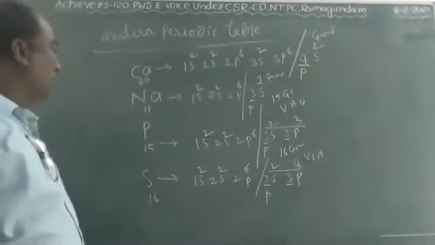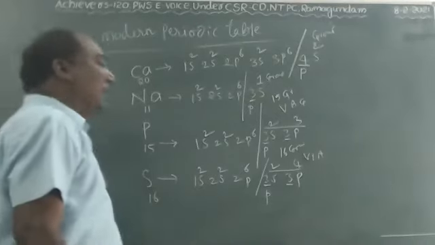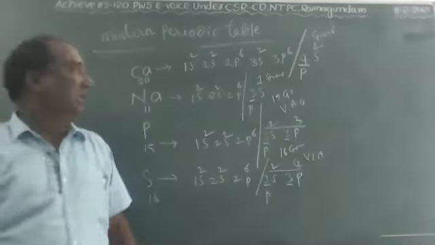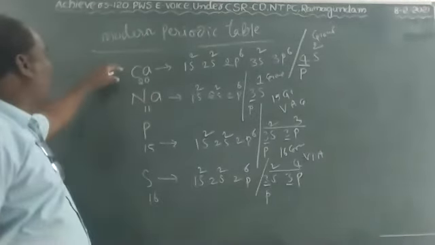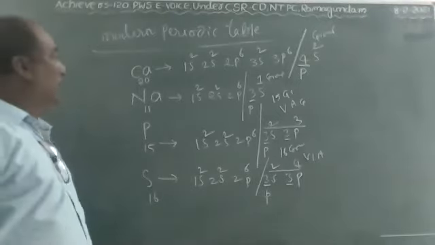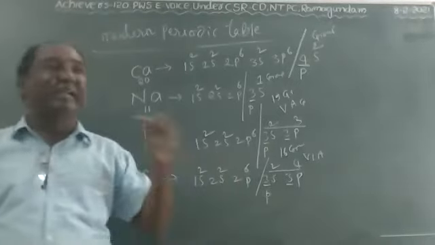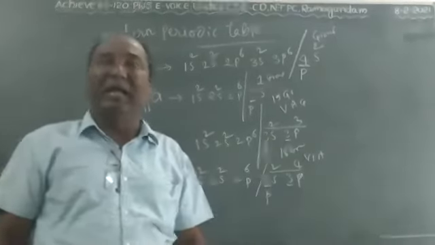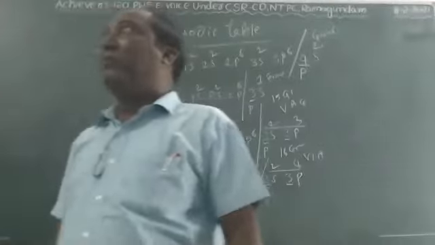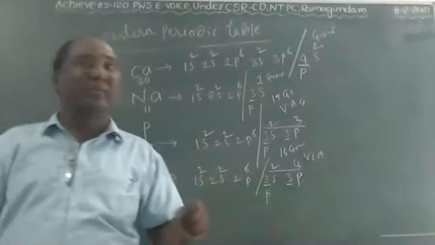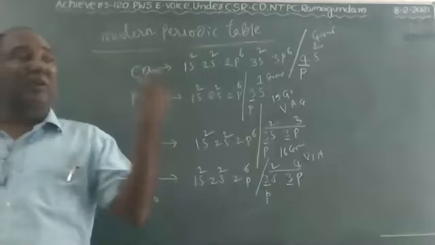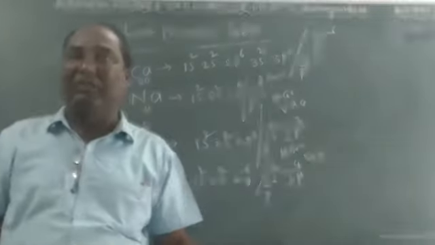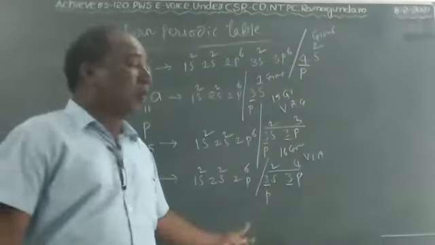Okay, sir. So like this we can identify the groups and periods of the elements in the periodic table. This is an easy way to identify the group and period of elements. It is very important because many times they ask this type of question in the examination. They will give only the elements and won't give the atomic number. If we know the atomic number, we can write their electron configuration. If we don't know the atomic number, we can't write the electron configuration, and we can't identify the group and period.